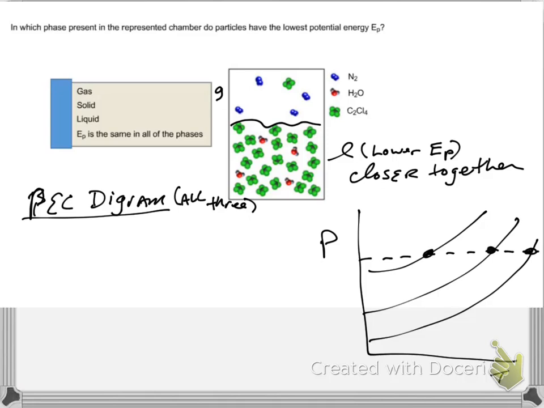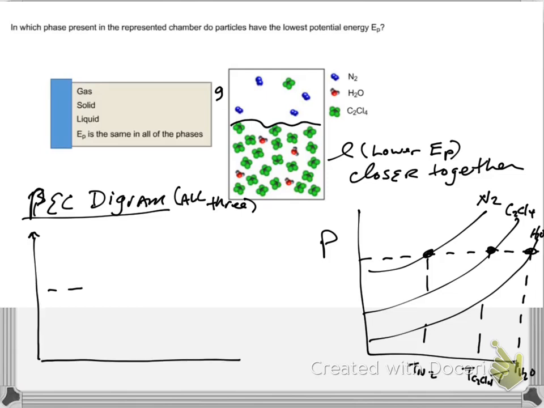So if we had to register these three substances as pressure and temperature here, we would say nitrogen would have the lowest boiling point, H2O would have the highest boiling point, and then C2Cl4 would have the intermediate boiling point. So that's the lowest, next highest, and then water would be the highest. So that gives us some insight into the potential energy of the liquids, which we're going to use to construct